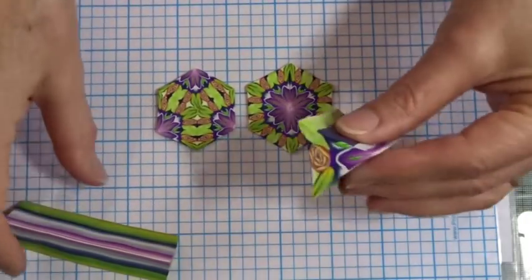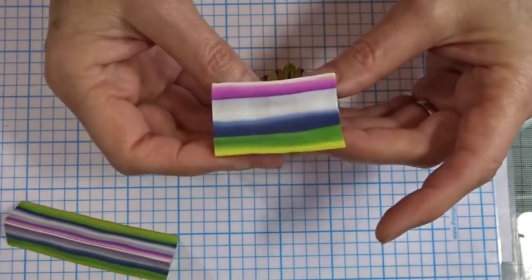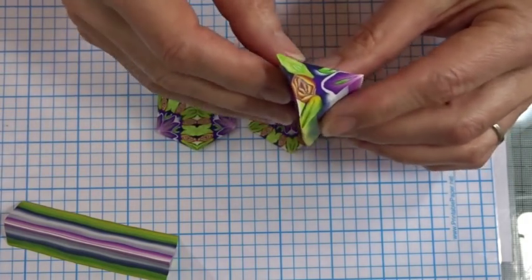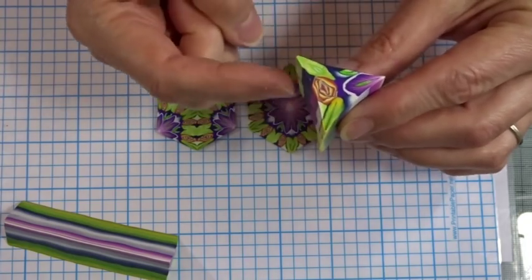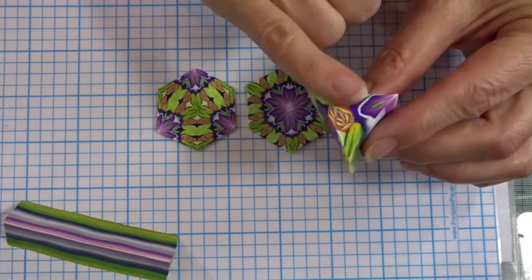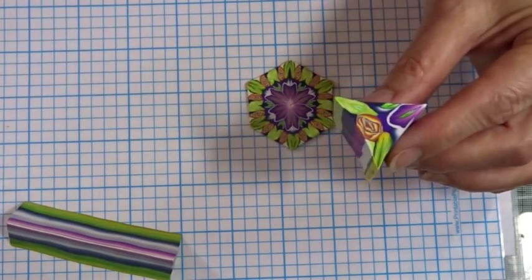So what I can do to change that, I can take, and I've just taken here a couple of inches of my big cane still where it hasn't been changed, and I can add some extra things into this side to change the way the colour is spread around, and also I could add some extra green into this side. So if we put this to one side for a moment,